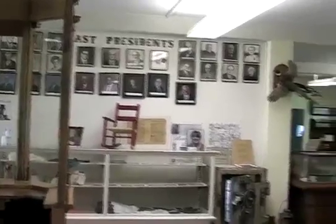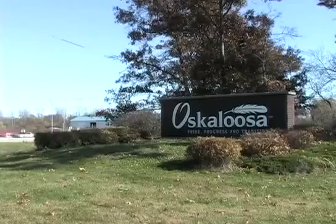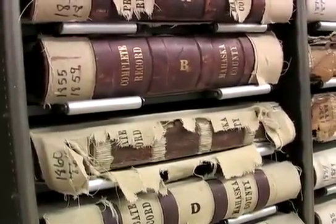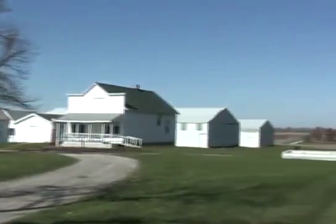For 51 years, the Nelson Pioneer Farm has been displaying pieces of Mahaska history, town history, farming history, even Native American history. If you are wondering how Oskaloosa got to where it is today, the Nelson Pioneer Farm is your first stop. As the years go by, Pam sees the farm expanding both its physical space and the time period of artifacts on display. We're running out of room. We really do need another room. We try to find a space to put everything. There's a lot of